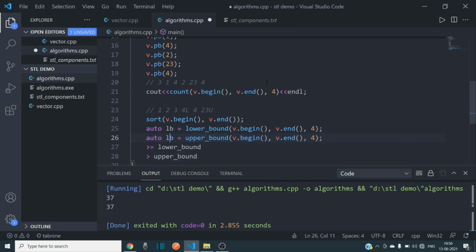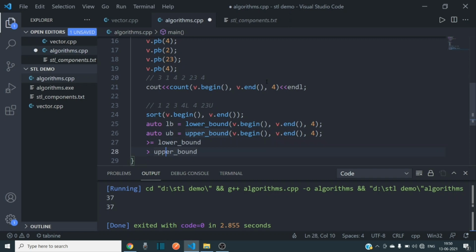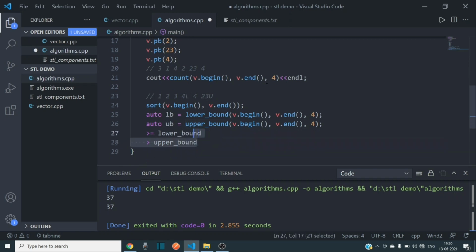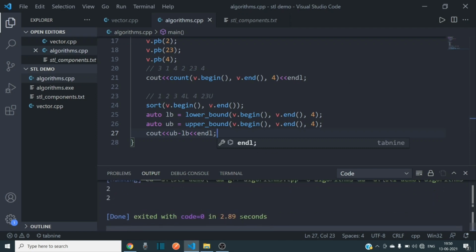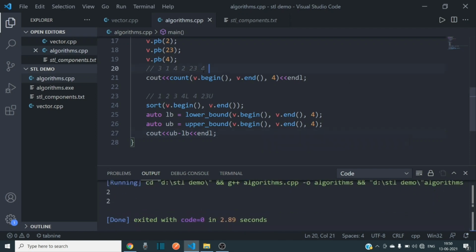The difference between these two iterators is the total number of elements. So let's see if both give the same result. Yeah, both give the same result, that there are two 4s.